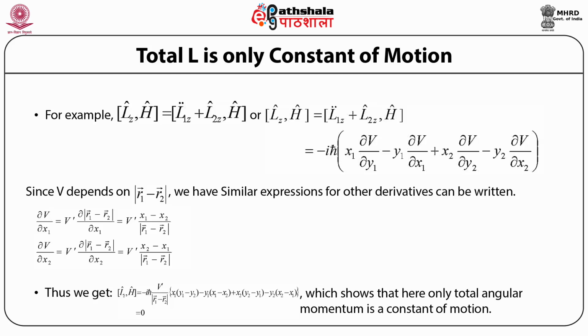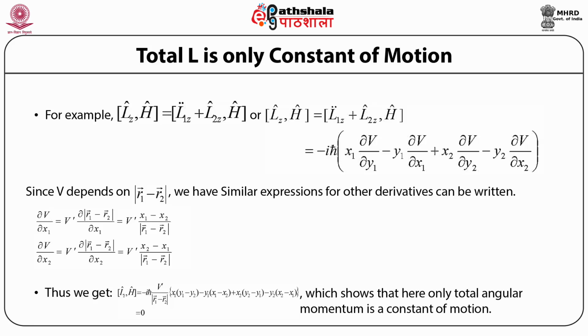And plugging all these values back in the relation that we had defined above for the commutation relation between the sum of the z component of the orbital angular momentum operators of the two individual particles and the total Hamiltonian, the final result that we get is that the commutation relation of the z component of the total angular momentum operator and the total Hamiltonian H yields minus iota times h cross times v prime